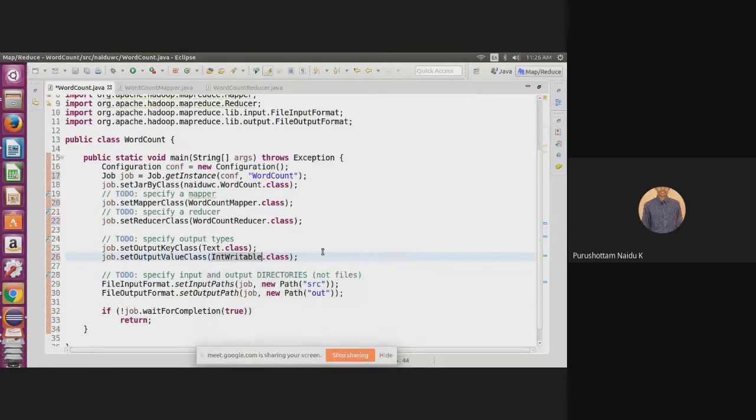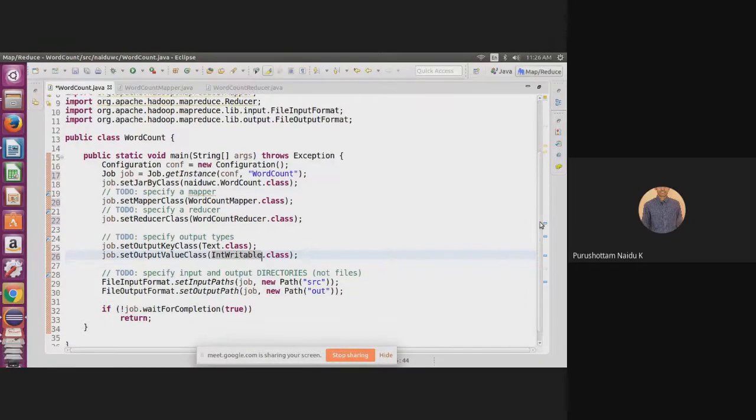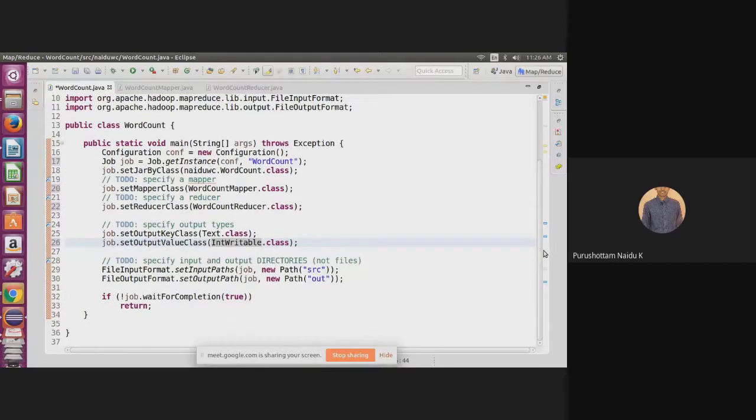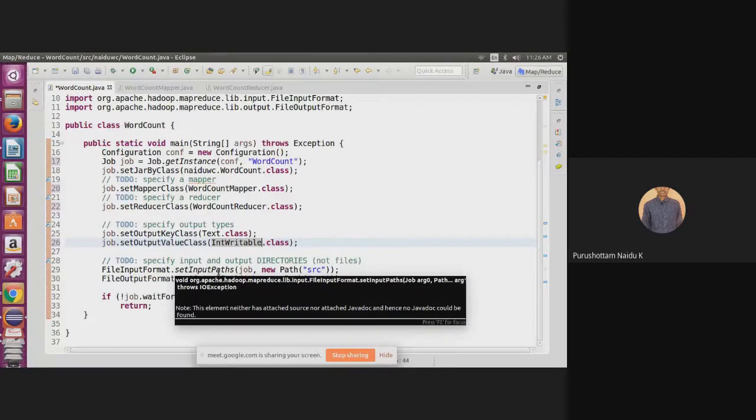Next, how to run this program. Here we have to specify FileInputFormat.setInputPaths, that means the location of our input file.